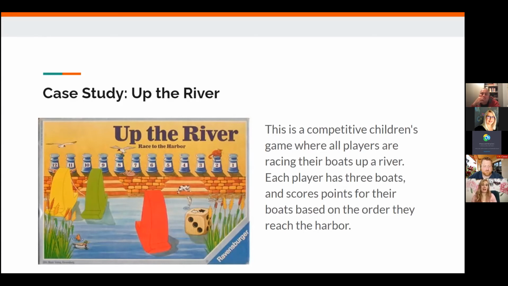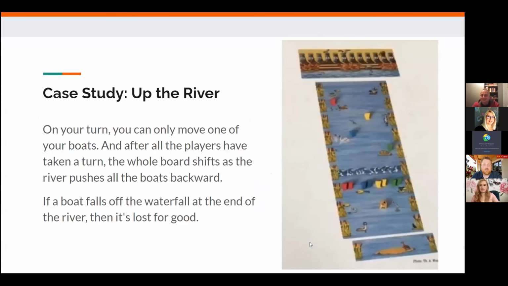If you tie it up at dock 4, you get 4 points. And if you tied your third boat up at dock 1, you would get 17 points total, because it would be, yes, right. Is that right? Yes. That sounds right. Yeah, no one check. So that's it. You roll, but it's a race, right? So the first person to get there gets the 12 points.